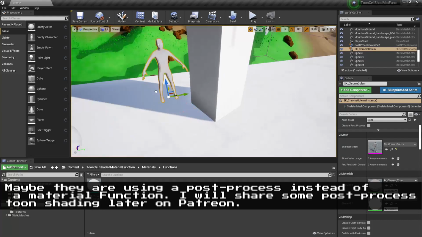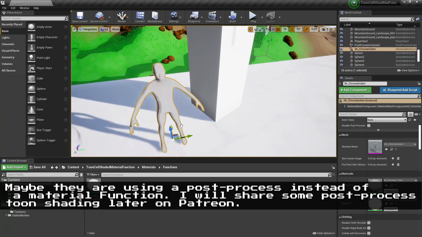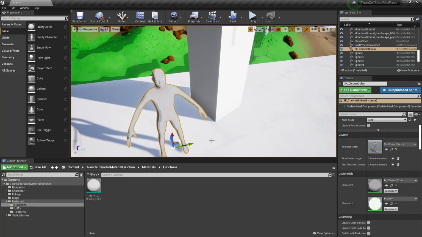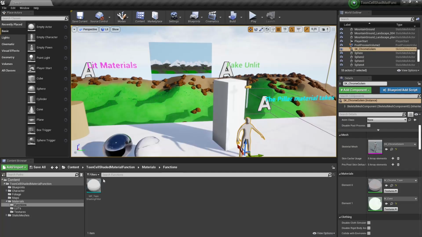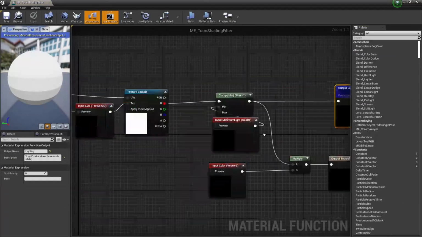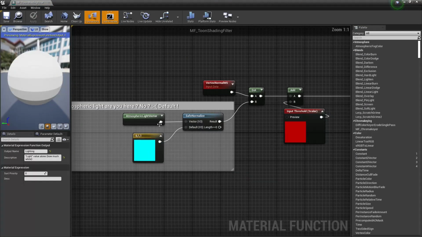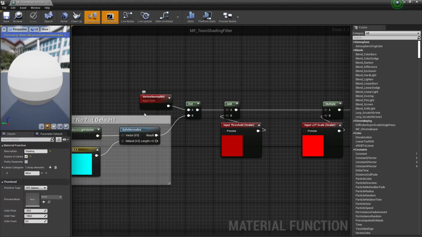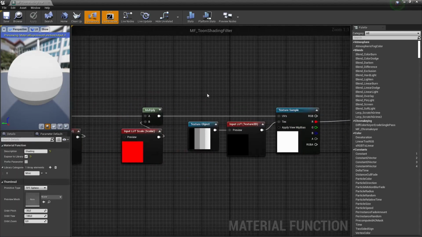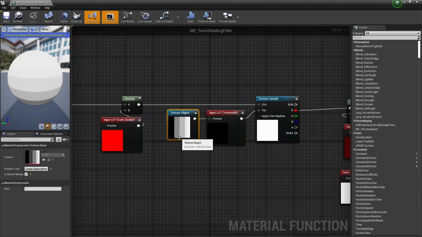In a cartoon-ish game, you often want the characters to stay on screen and not receive shadows, so they won't get dark. A very simple solution is to use an unlit material and fake this light. This function does that in a very simple way. This function is super simple. Seriously, it's just taking the light vector, using a dot function to compare the normal, and then using a simple